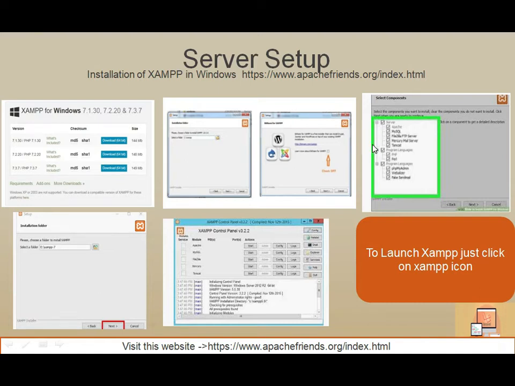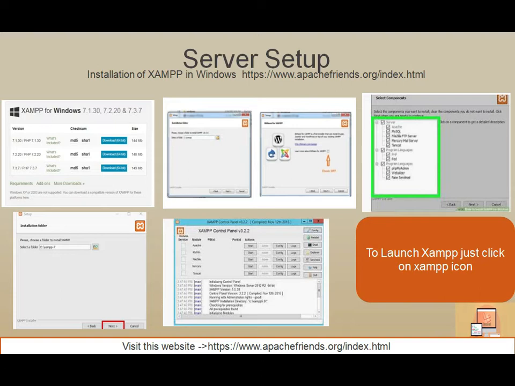If you have multiple drives, like D, E, F, you can install in that folder also, but at that time you have to create a XAMPP folder there. I recommend that if you have multiple partitions on your hard disk, you install in a drive other than C, because if you have to format your system, only the C part will be formatted and the other partition will not. Your data will stay the same, and you just have to install only the things again.